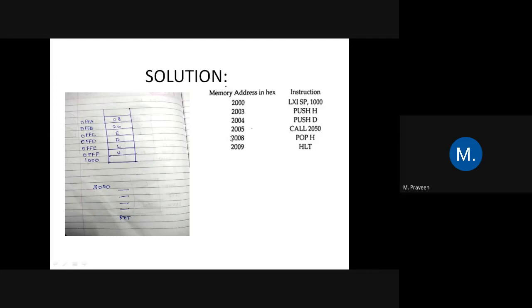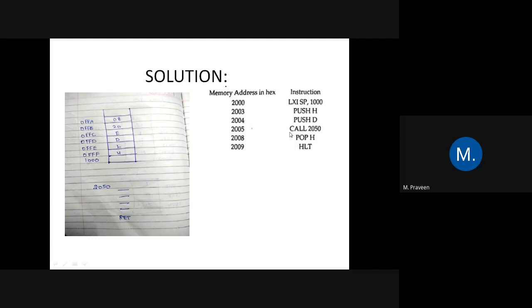The current program counter address is going to be 2008. So this address is now pushed into the stack because the next program counter address is going to be 2050. Therefore, they have to change the current address of 2008 to 2050, so they will temporarily move the 2008 address into the stack. We know that the current stack pointer address is 0FFC.